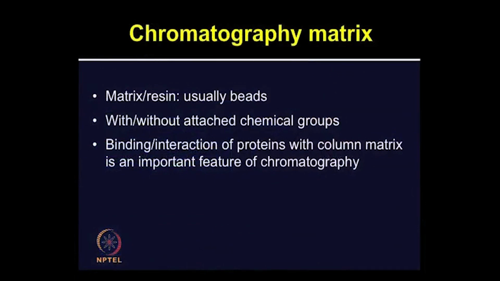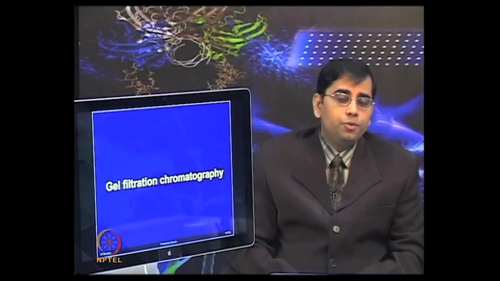So, as we just talked about, chromatography involves the selection of the right matrix. These matrices are very important for binding and interaction of proteins, and they can determine the kind of achievement which we want to achieve from these types of chromatographic methods. So, let us move on to more specific chromatography techniques such as